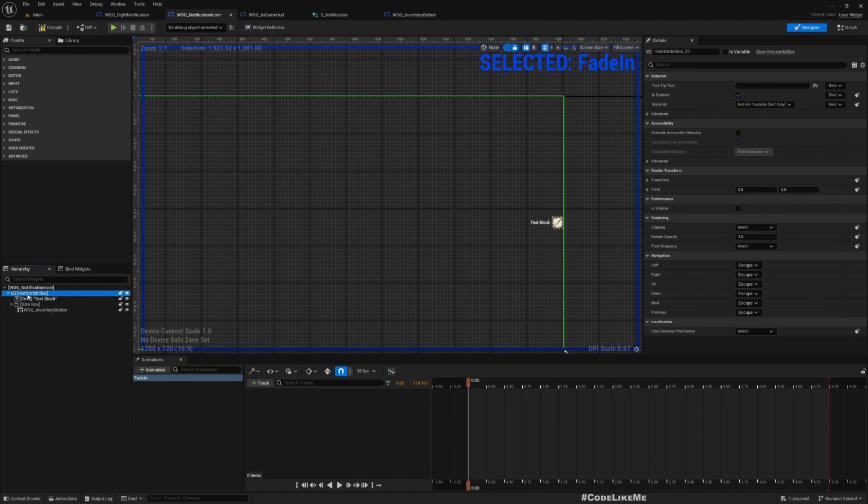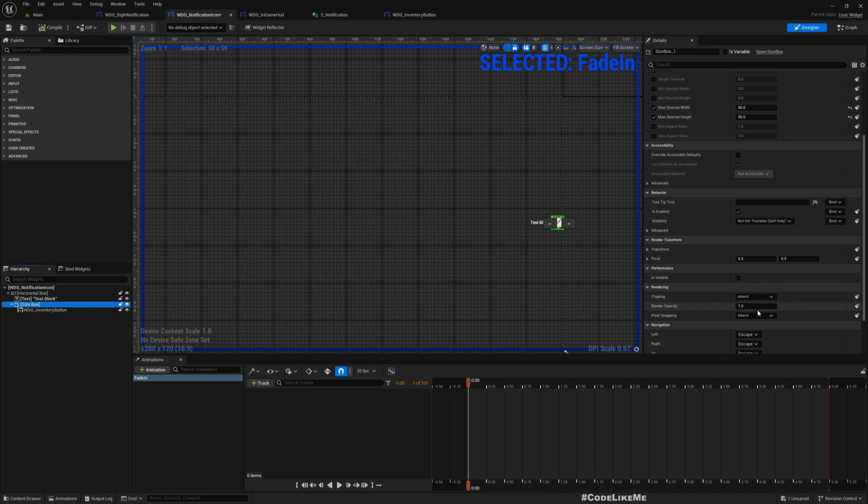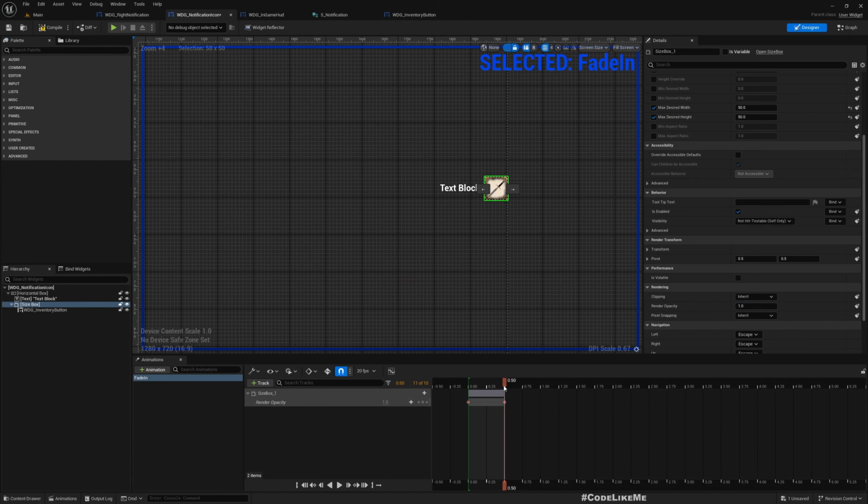And in this horizontal box here we have this render opacity. I'll make it 0 and add a key, and at 0.5 I'll make it 1 and add a key. So that should